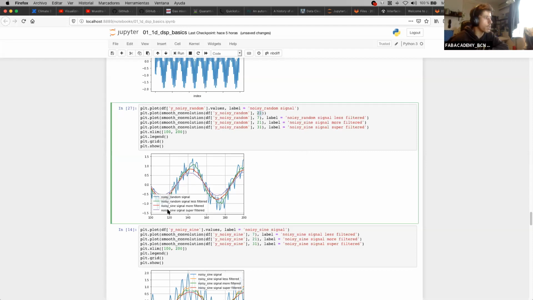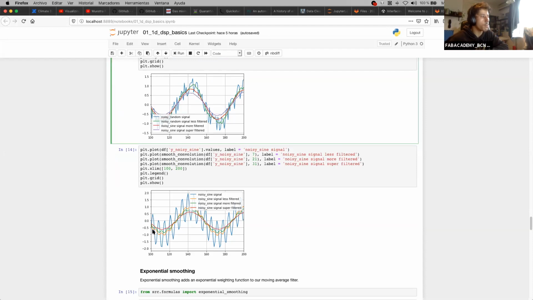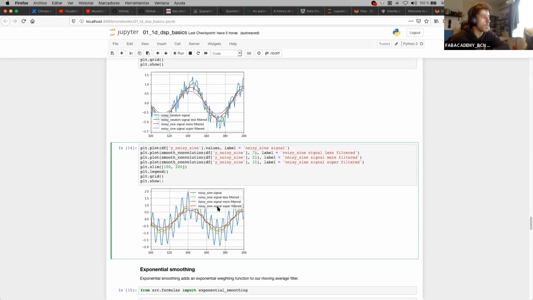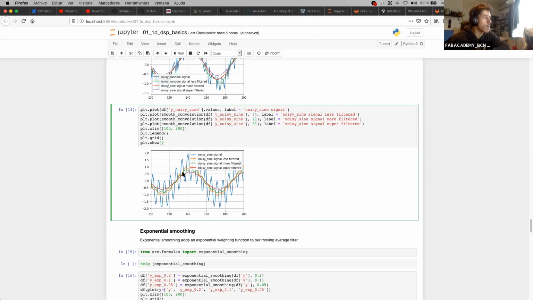So in the case of the purple signal, you see that this one is much smoother than the green one, for example, but you also lost almost half of the information because the peaks are not as in the original sine function were. The same happens with the sine function. It's losing information as you go with a larger amount of points, but at the same time